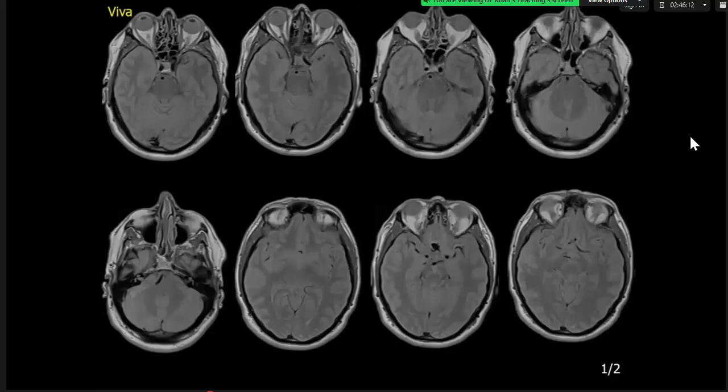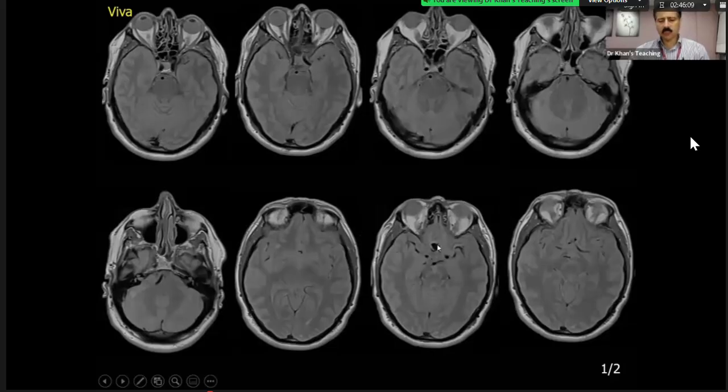Okay, very good. So if you see here, there is an aneurysm of the anterior communicating artery, and you can understand that because it appears as a filling defect, and the CSF is equal to the gray matter, how beautifully you can see it. Similarly, if you see this carefully, this is the cavernous portion of the internal carotid artery, and you can see a bit of thickening. Nothing more than that. A complete occlusion of the cavernous portion is an exam case. It can be seen in other sequences also, but PD is the best.